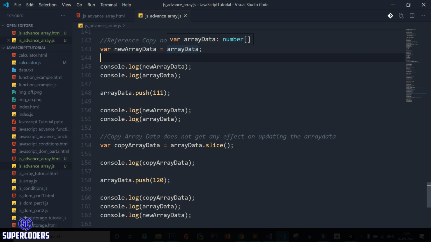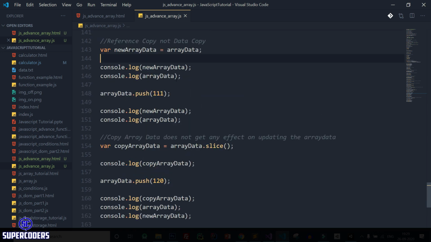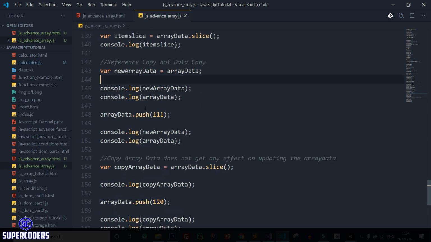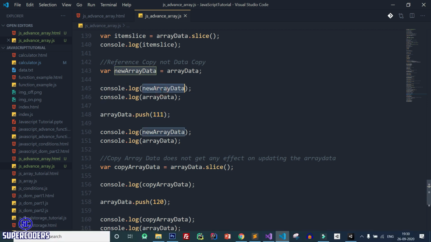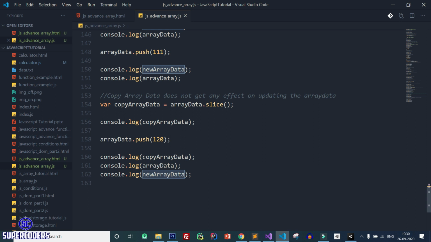It will not work, it will show many errors. Currently if you see, I update this only array data item. You can see I update the array data item and add one more item in array data, but it reflects in new array data also.